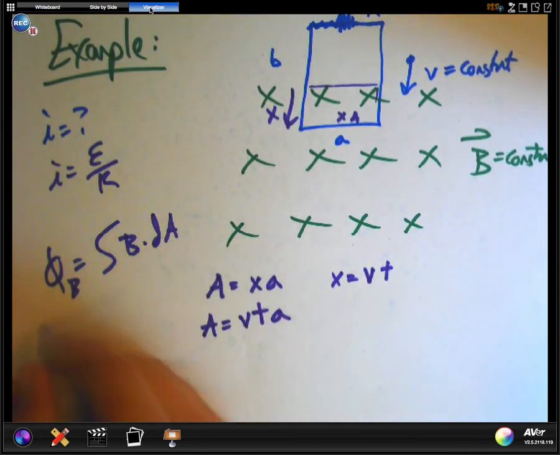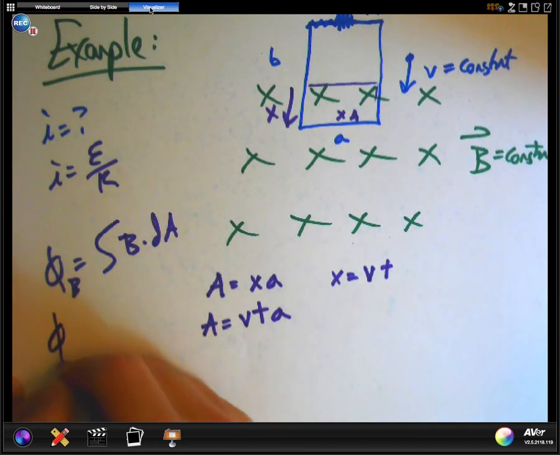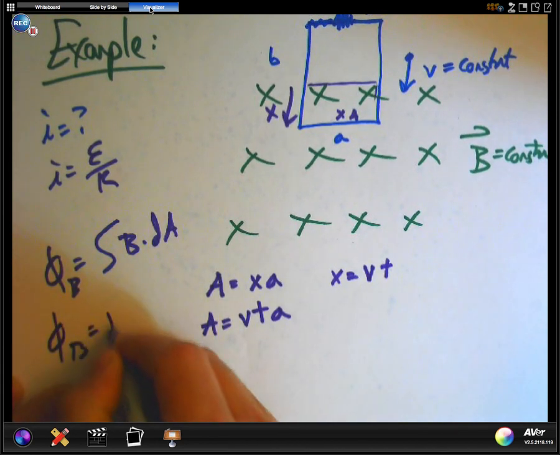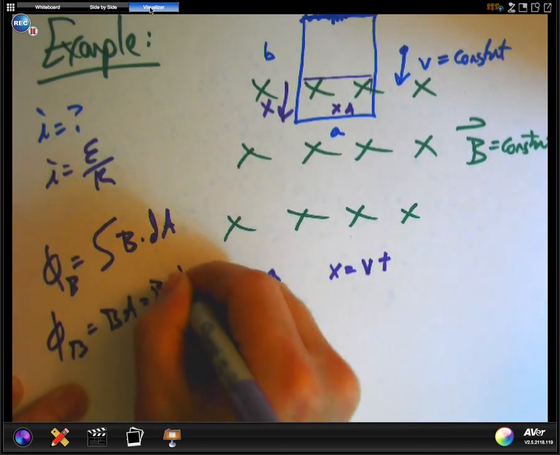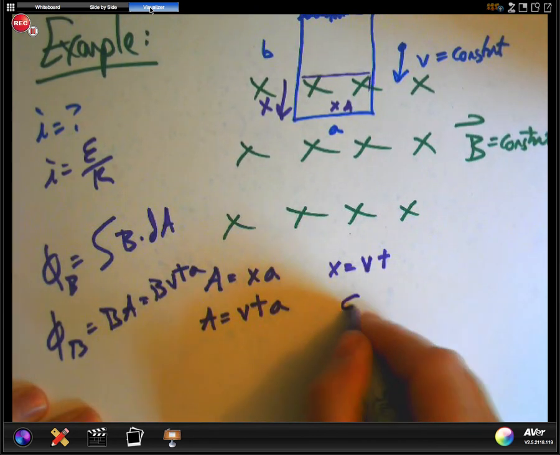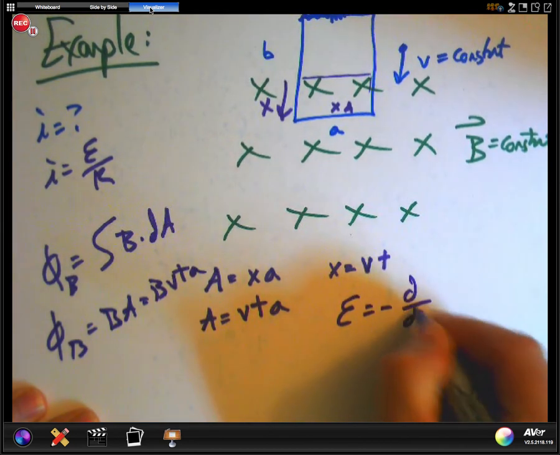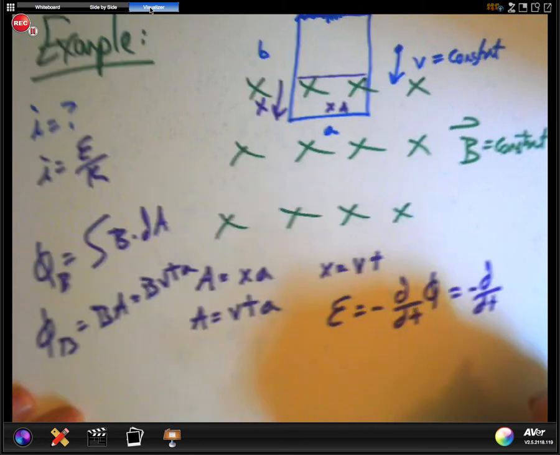And so when I do my flux, that just becomes BA, because the dot product's the same. My magnetic flux is going to be B times A, which is now B times VTA, like that. And now I should be able to figure out my EMF. My EMF, which is equal to negative the time derivative of my magnetic flux, is equal to negative the time derivative of my quantity